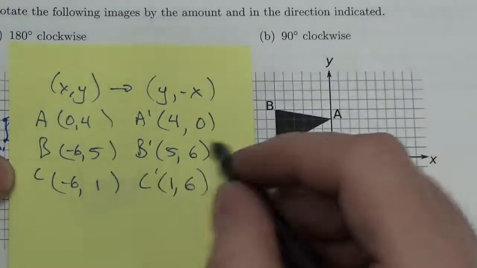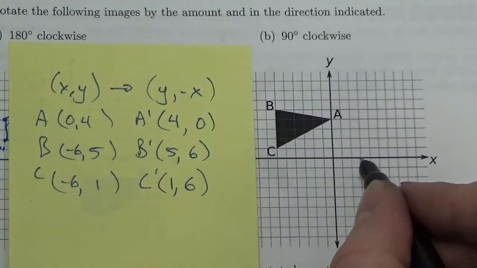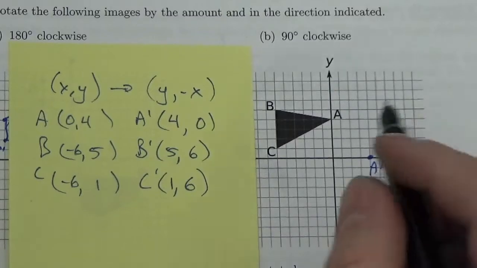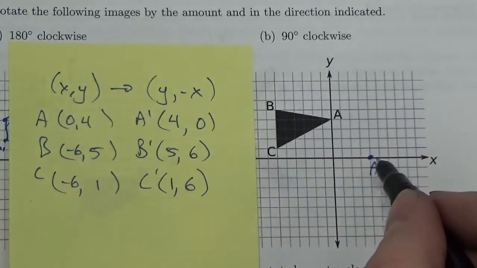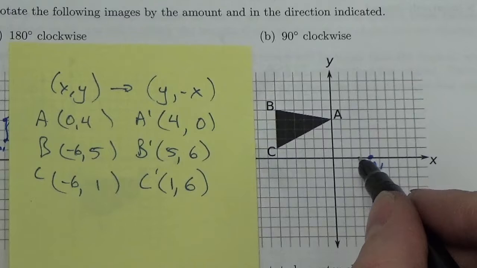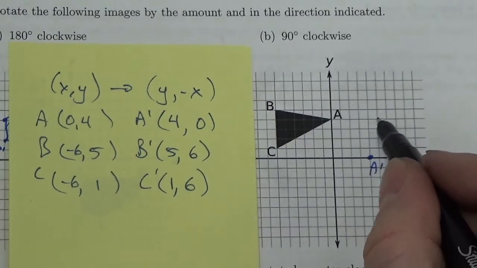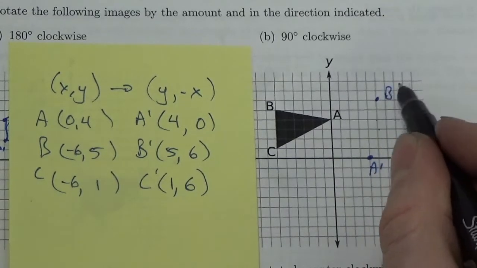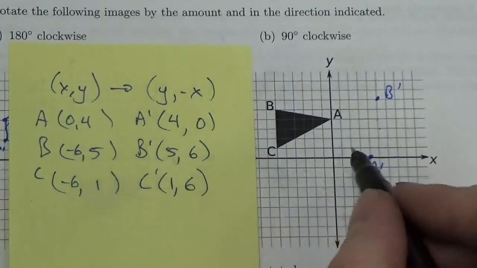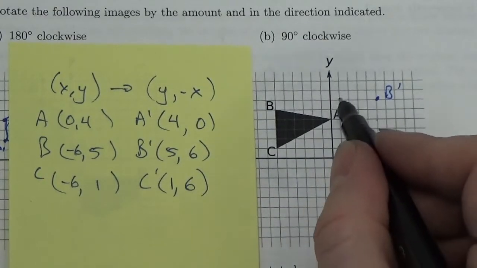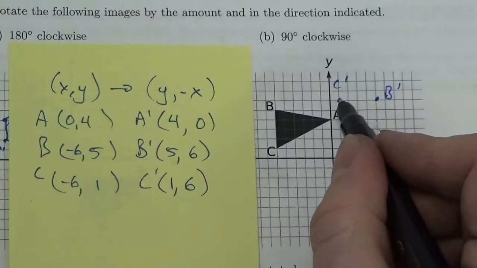And so now I just got to plot those points here. So 4, 0, 1, 2, 3, 4, 0. B is 5, 6, so 1, 2, 3, 4, 5. 1, 2, 3, 4, 5, 6. So B is right here. And C is 1, 6, so 1, and then up here right next to the B actually. And then I connect